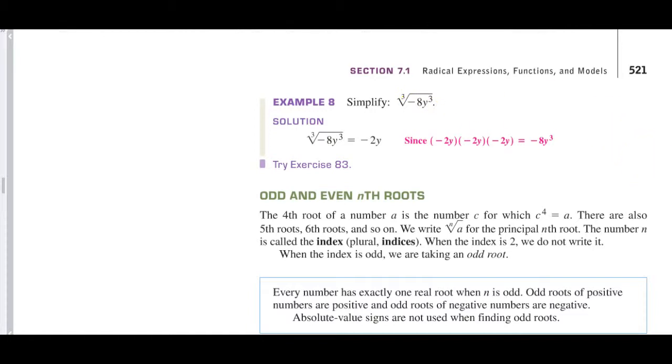And when we go to simplify this, now remember, a way to look at that is, this is sort of like the third root. Well, I have that there already. This is going to be a negative 2 cubed, which is a negative 8, y to the third, and that is raised to the